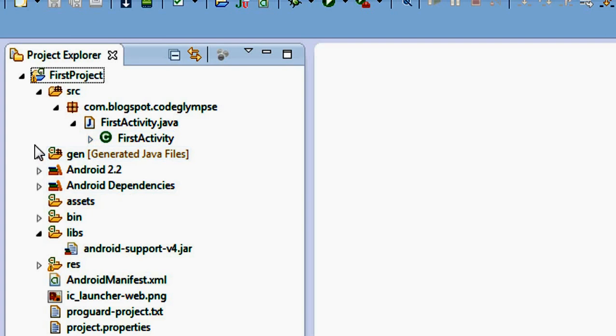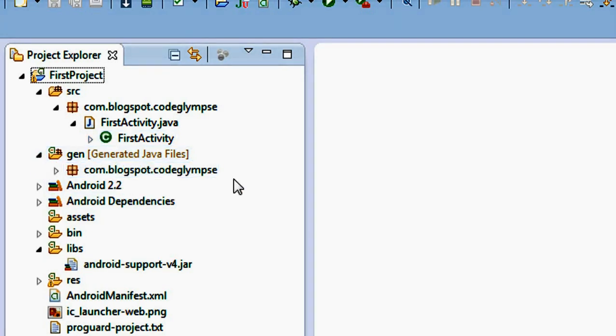The next folder you can see is the gen folder. This is nothing but the generated Java files. These are the files that are automatically generated at the time of debugging or compiling a project. This folder contains all the files that are automatically generated by the Android compiler.